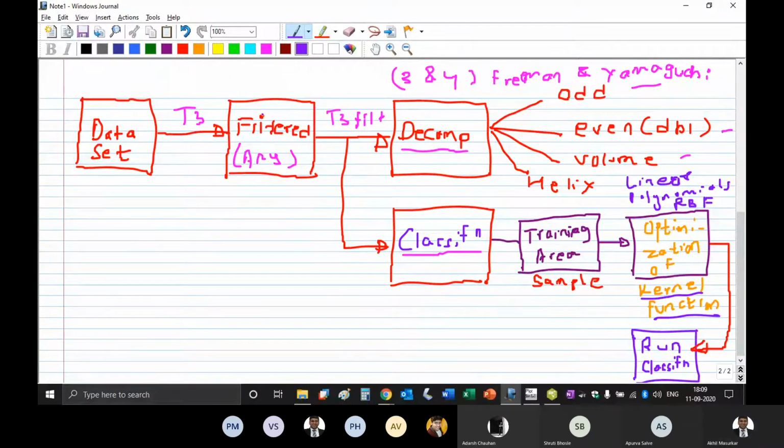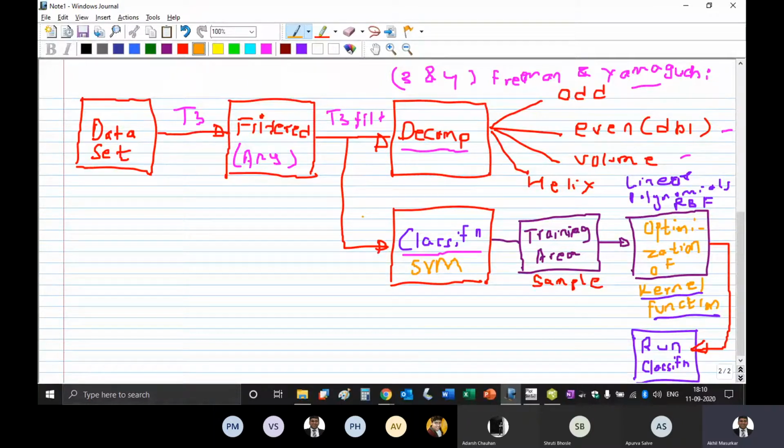Now the classification technique that we used was SVM. SVM means support vector machine. What the algorithm is, we are not quite interested in, but this is not the only classifier.